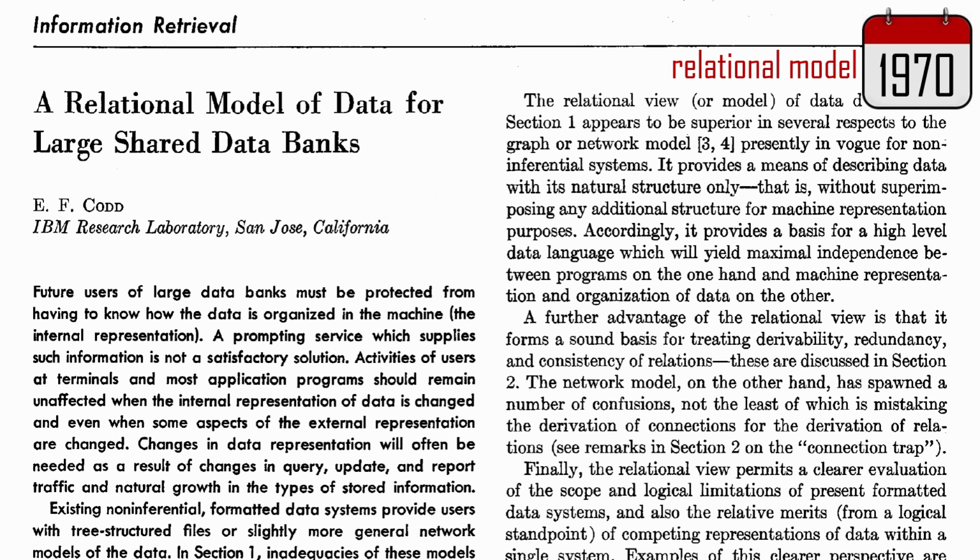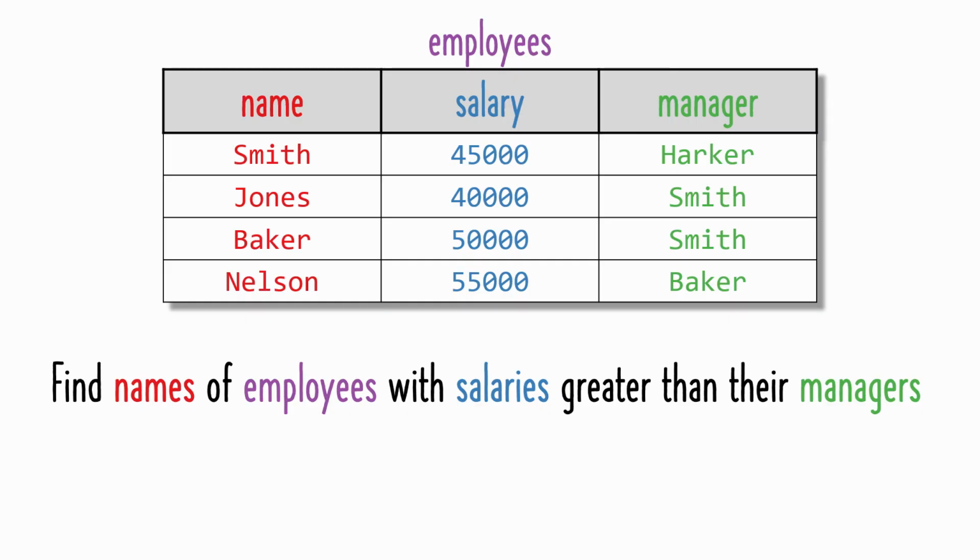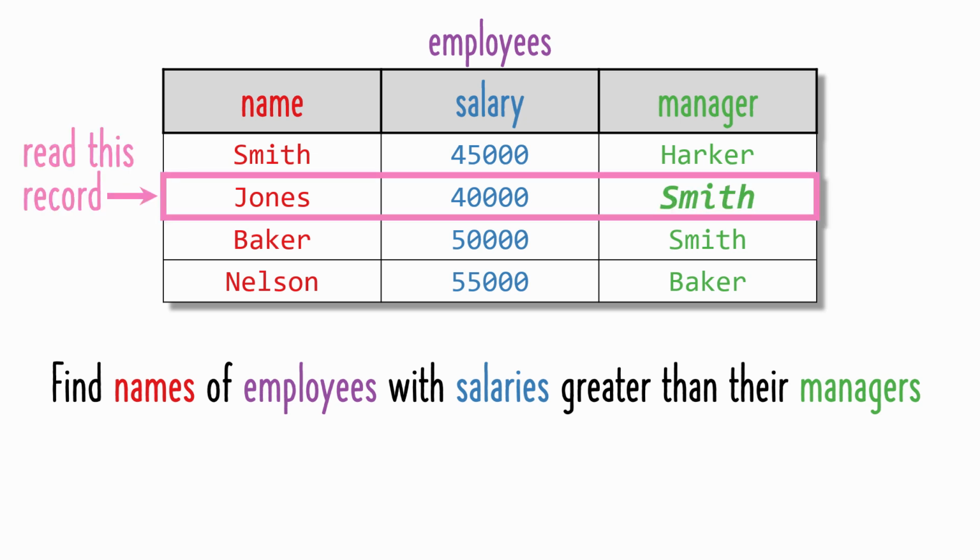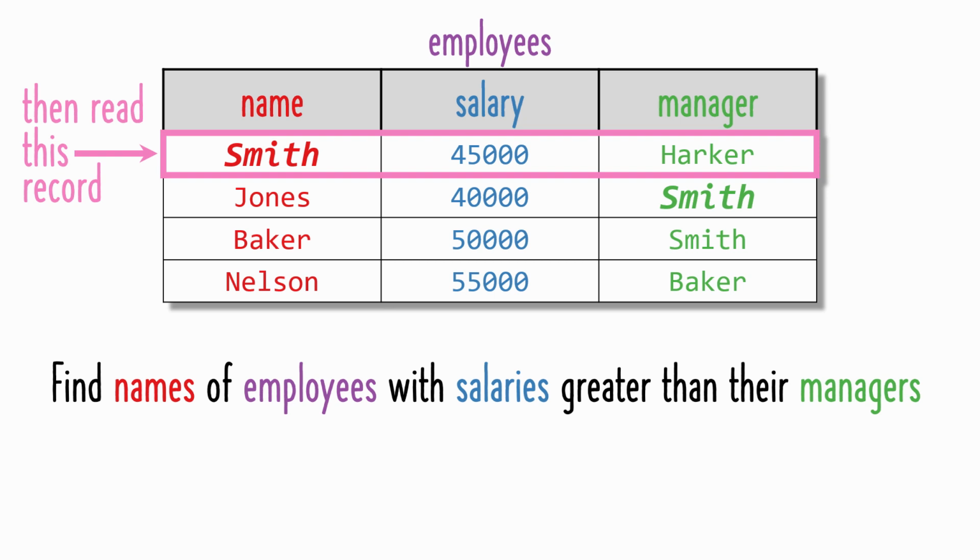Rather than telling a computer how to find your data by navigating from record to record with the network model, you could use Ted Codd's relational model to tell a computer what you want and let it figure out how to find it. Ted used to write example queries like this one on a blackboard, and then he'd show how to obtain the answer using relational thinking. If you had to use the network model, you would have to program each step of the process. Read an employee's record, then use the employee's manager to point to another record, and then compare the manager's salary